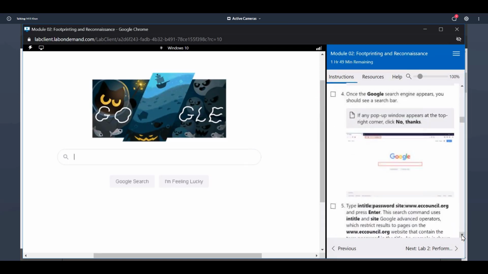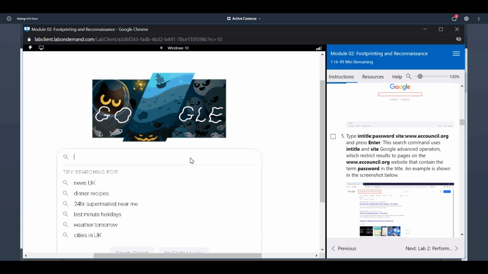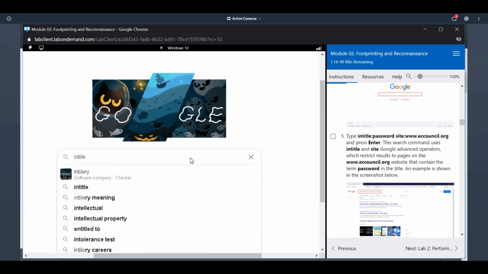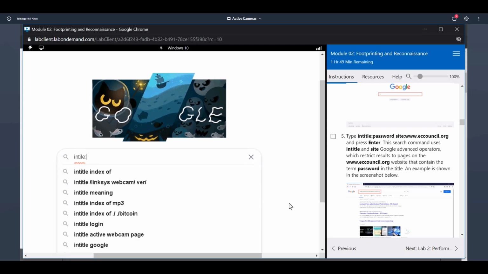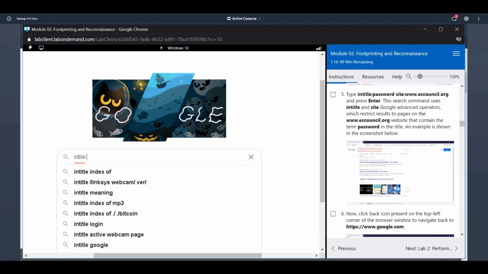So now in the search, we'll type. See, "in title" is a keyword that we're going to type here. So in the search command, in title and site Google. So how to write here? So we'll say in title. So what's the keyword written here? Let me open it. What keyword are they using here? Okay, in title, password